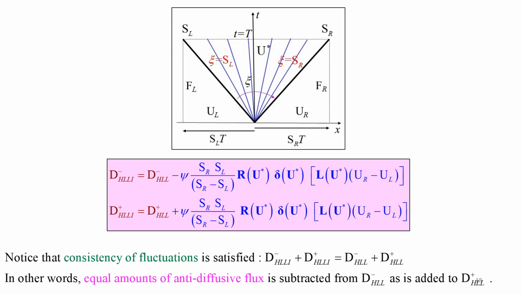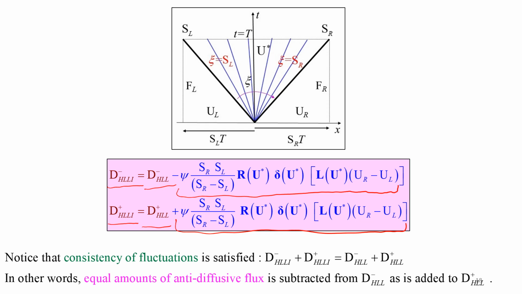Okay, so we have a left-going HLL fluctuation and a right-going HLL fluctuation. And to that, we just subtract off this anti-diffusive flux on one side and add the same amount of anti-diffusive flux on the other side, and that gives us fluctuations with a reduced amount of dissipation in them, and that gives us improved fluctuations called the D minus HLLI and D plus HLLI. So this I stands for intermediate states or intermediate waves that you can put into the Riemann fan, and you can put in just the important